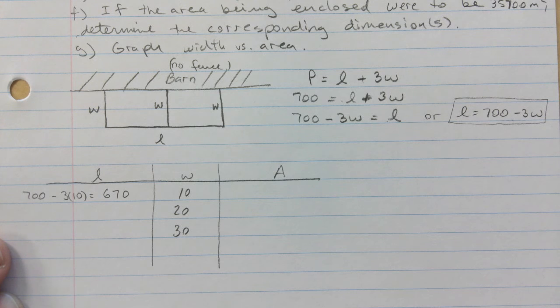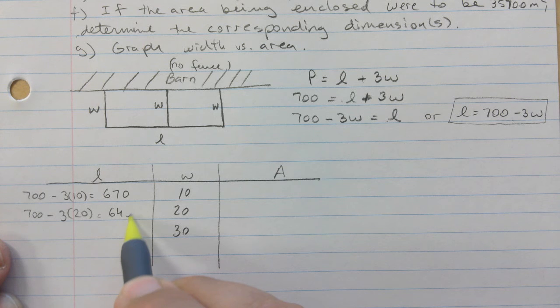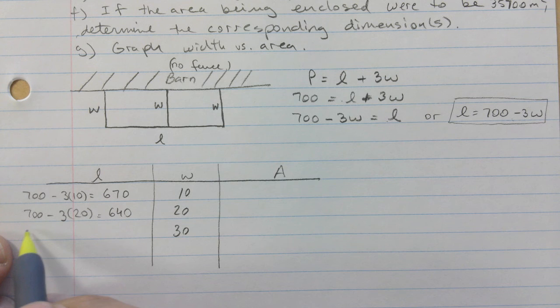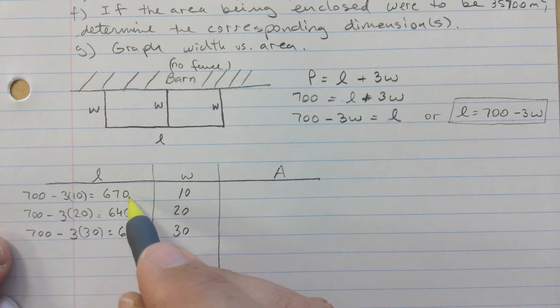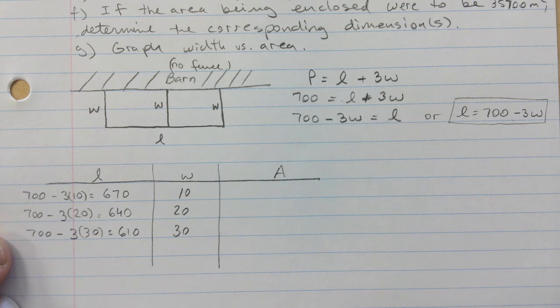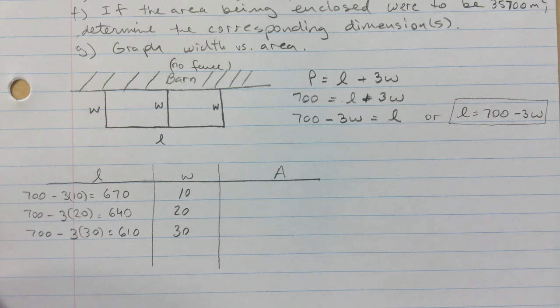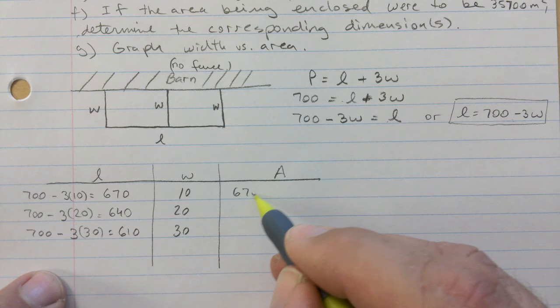And then you do that same thing again every time. Right? So that's 60. So that'd be 640. And here you have 700 minus 3 times 30. And that'd be 610. Notice that we're going down by 30 every time. That's good. This is going up by 10 every time. That is good. Okay. Just a check, right? And then area would be 670 times 10, 640 times 20,